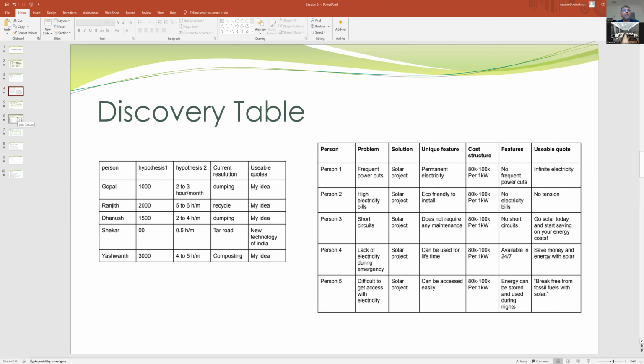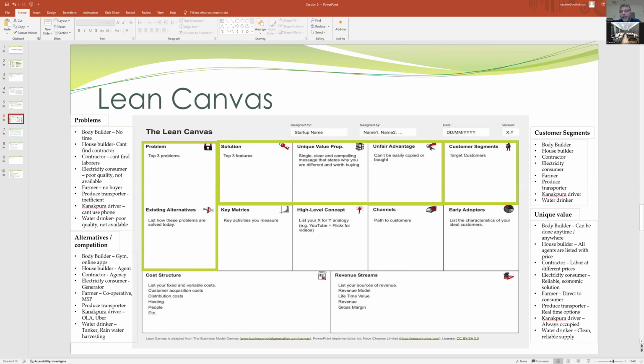lean canvas. Okay, so now I want to take examples, each one. So again, the whole idea is to help you fill out. All this that we talked about, this whole exercise was to help you fill out these specific things in your lean canvas. And what is that? Number one, what is the customer segment? Okay, so now what I'm going to do is, again, examples so that you can think about your own and ensure you're doing